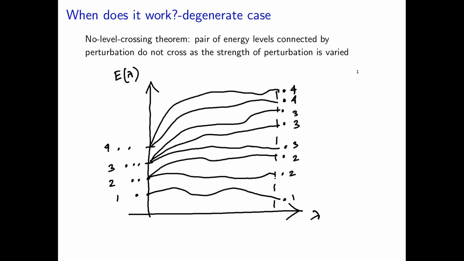So the 2 levels corresponding to level 2 will split. Similarly, the 3 levels corresponding to level 3 will split, and the 4 levels will split. And the criterion we just mentioned, to give you a physical feel, tells you they should not mix, or they should not cross. Like the lower level of 3 and the upper level of 2, after lambda is cranked to 1, should not be crossing each other. There is no level crossing.